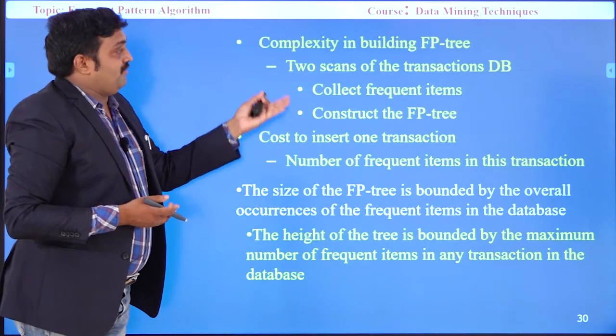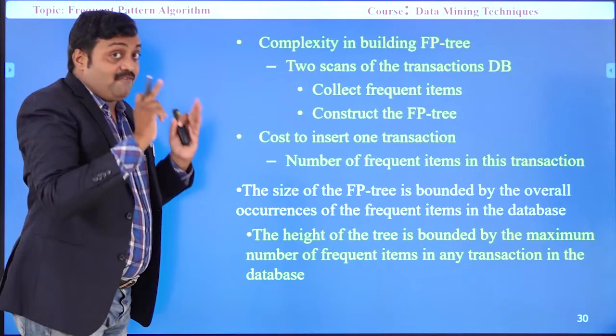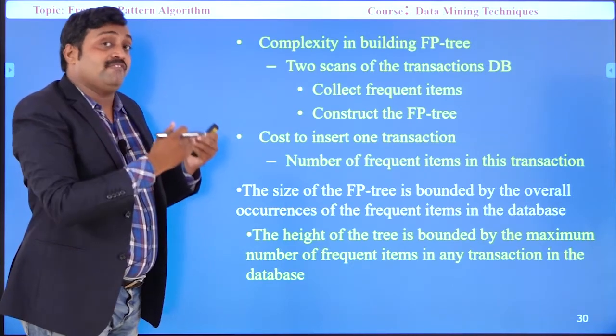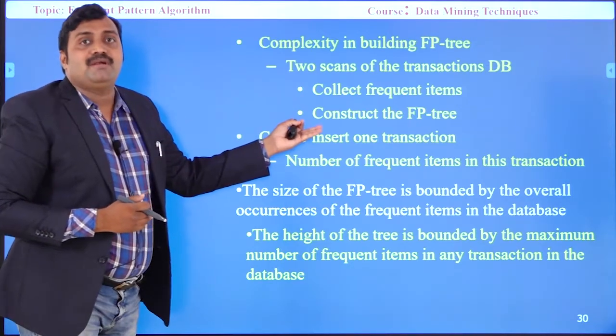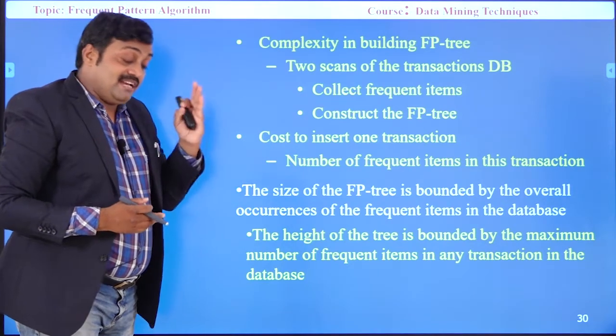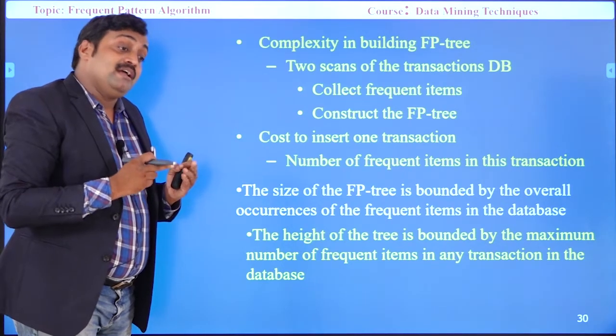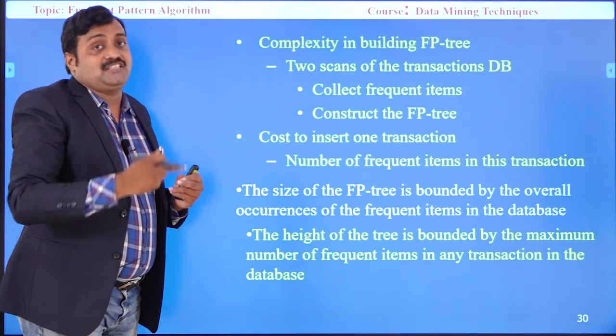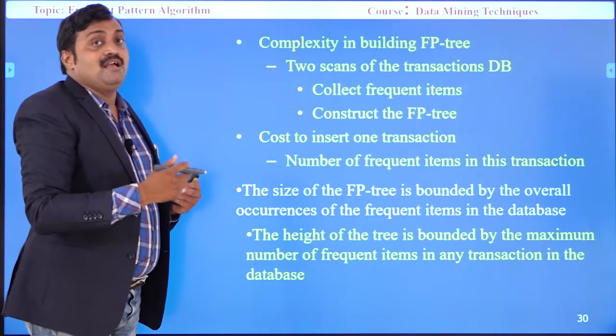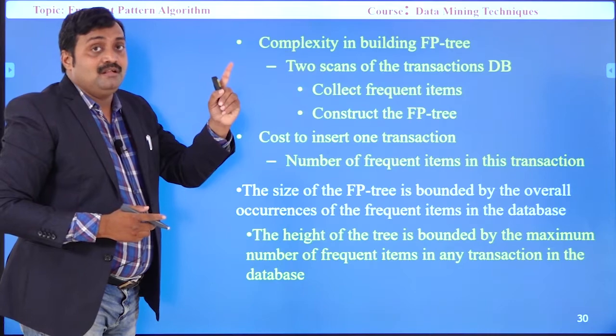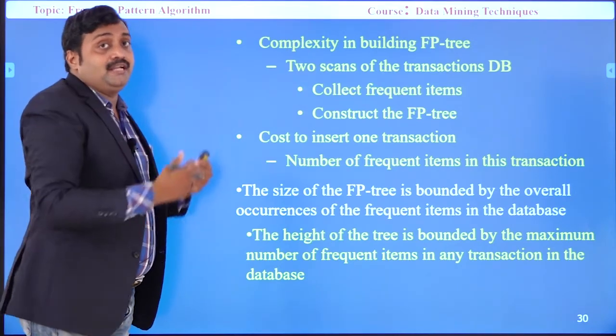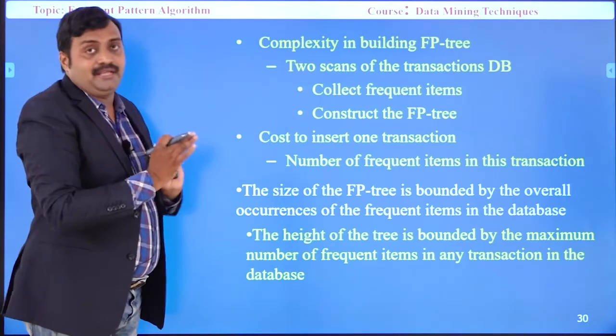So what we are going to do is, initially we do only one scan of the entire database to identify the support count. Then we immediately do the tree construction. But in case of the Apriori algorithm, we have to do the candidate generation and a lot of scannings. For each and every transaction, we have to do the scanning. But in this case, we need only one scan to identify the frequent items, then construct the tree.